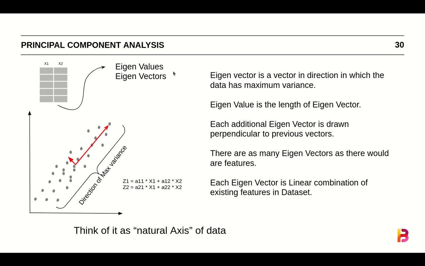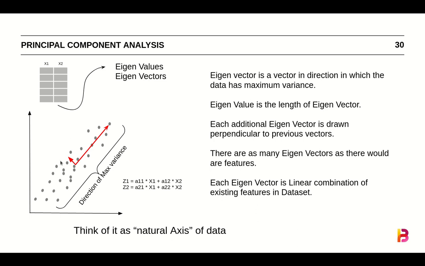So that brings us to the concept of eigenvalues and eigenvectors. So think of eigenvalues as these axes. Because it's a two-dimensional data, it would have two of these axes. Think of these axes as the natural axes of data instead of the mathematical ones which we have drawn. How is the data naturally spreading? So it spreads like this. That becomes the first eigenvalue. The second one becomes the second eigenvalue. Now the length of these are what are known as eigenvectors.